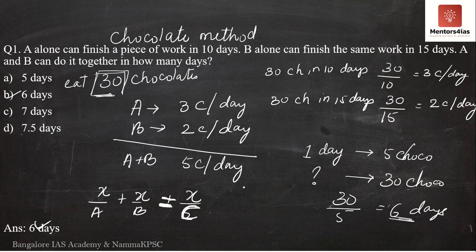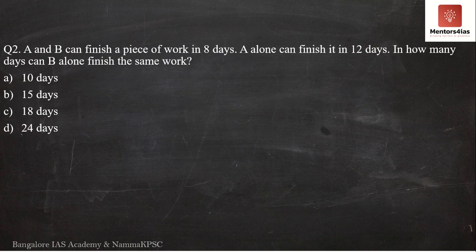So from the next problem onwards, I will not do the entire thing where if x is the amount of work to be done, and if they take 10 days to complete the entire work, in one day how much work will a be able to complete? I will simply write it as x by 10. Similarly for b, I will simply write it as x by 15. I will not do the entire procedure. I hope you understood. If not, please do go back. Please do understand the traditional method. It is important. So let us move on to the next question.